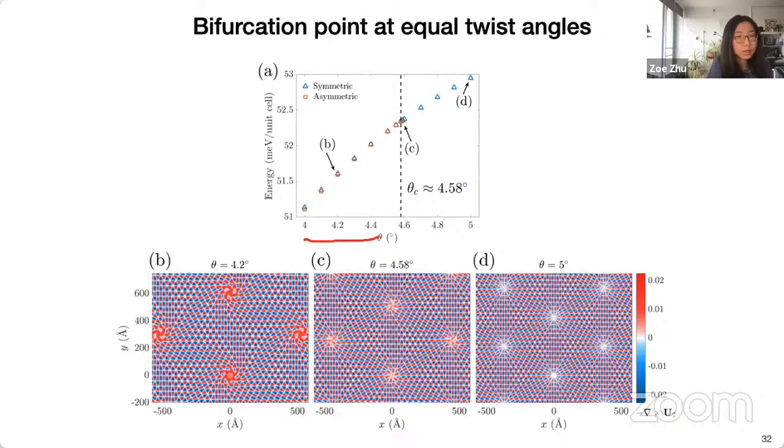scale. But as the twist angle increases, the density of the global AA spots would increase. And that would mean that if you keep having this pinwheel motion, the elastic energy cost will become greater and greater. So the reduction in the misfit energy is not enough to compensate for the increased elastic energy. And here there is a transition point, a critical twist angle at 4.58 degrees,